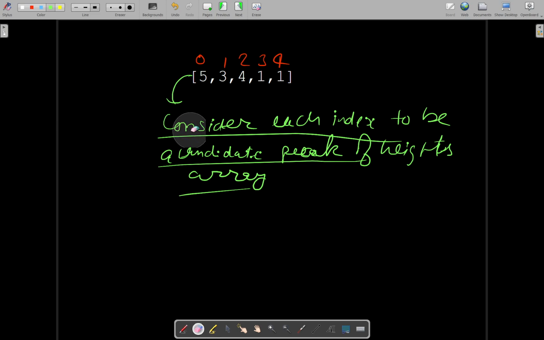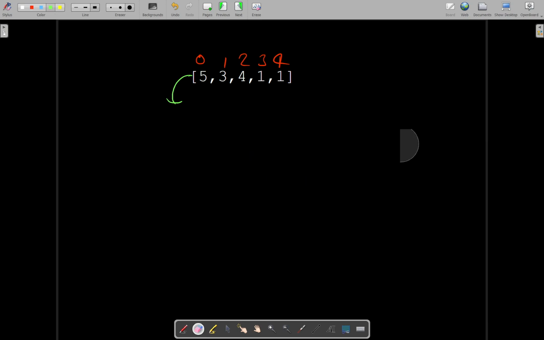let's say you decide to pick this particular index to be a candidate for height peak, something like this will be formed. So if you consider this element as a peak, and if you know what was the last index on its left hand side that was having value smaller than this current value, which is 4. What was the index at which the value for this particular